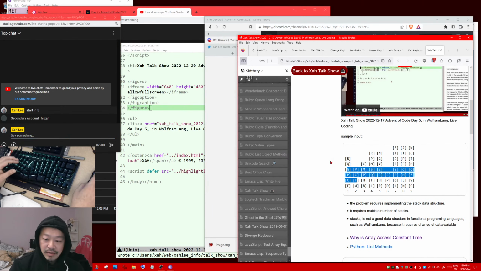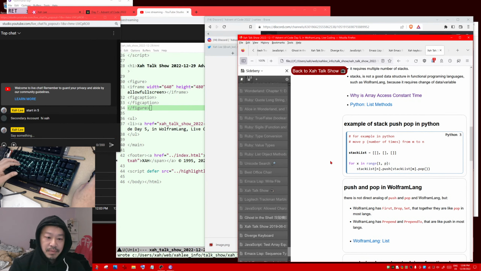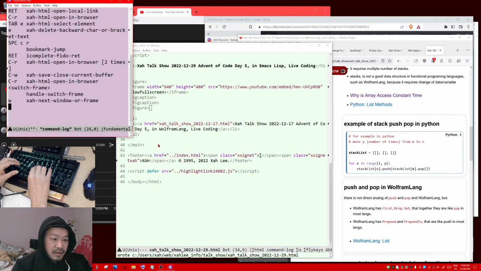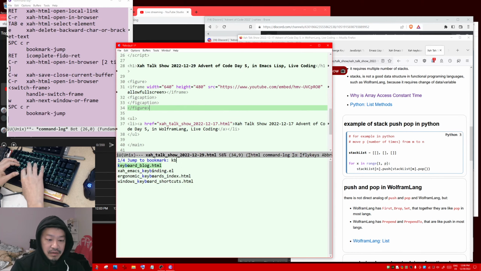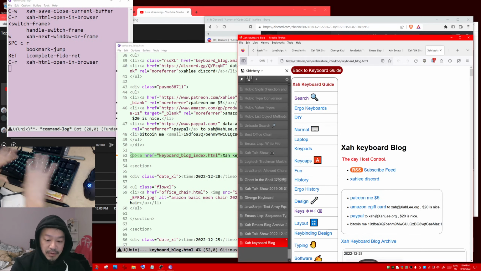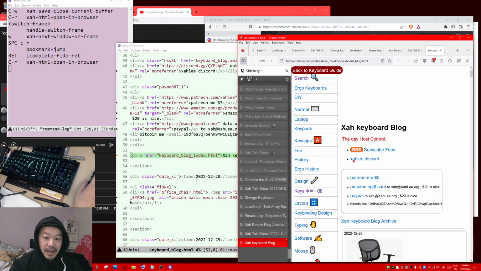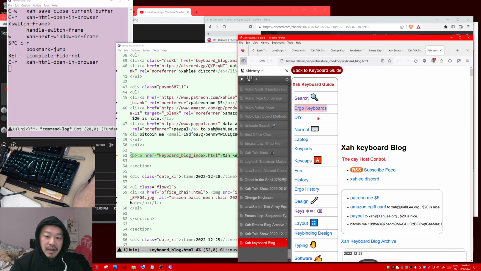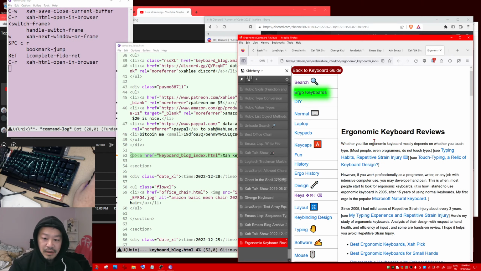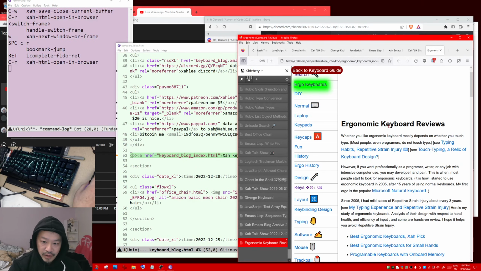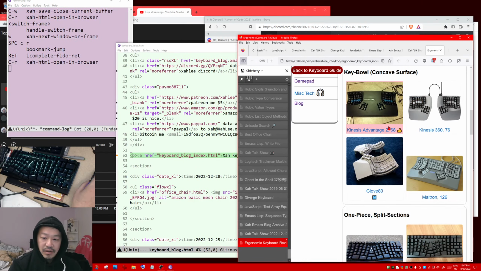Secondary account, hello. Emacs Lisp. So if you don't know already, I'm going to tell you my keyboard, this one. I'm promoting them because they sent me one, and I love this keyboard, really. So you go to XRD, search for ergonomic keyboards review, XRD, and you'll find